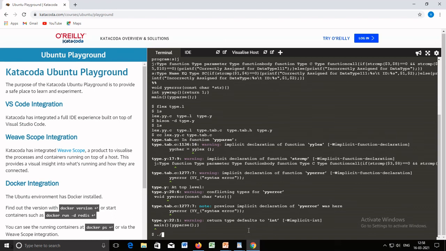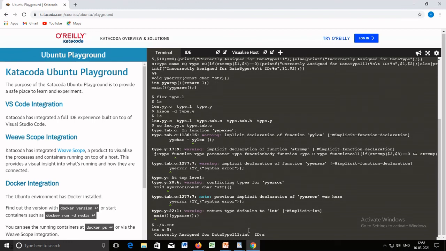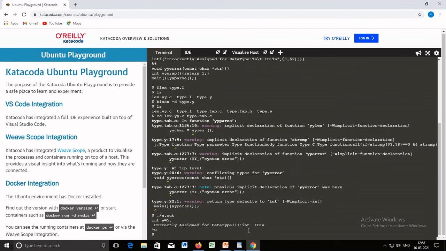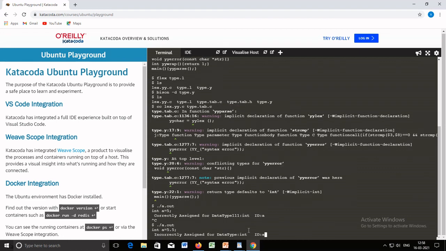Now give ./a.out int a equal to 5. So if I give this, it is giving me correctly assigned for data type. If I give here ./a.out int a is equal to 5.5, it is giving me incorrectly assigned for data type, right?